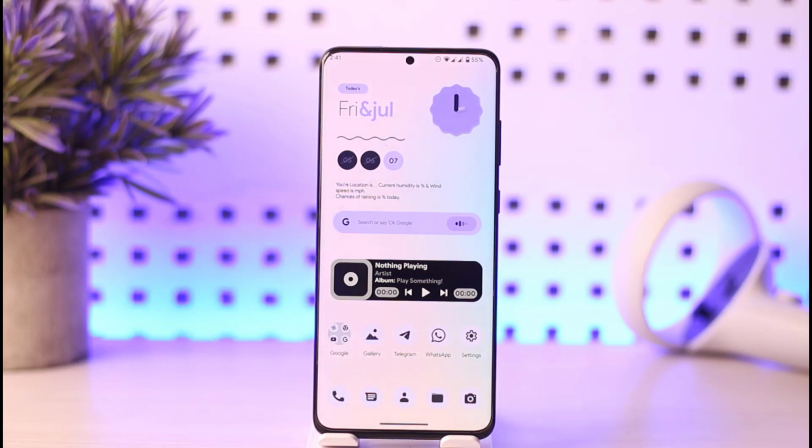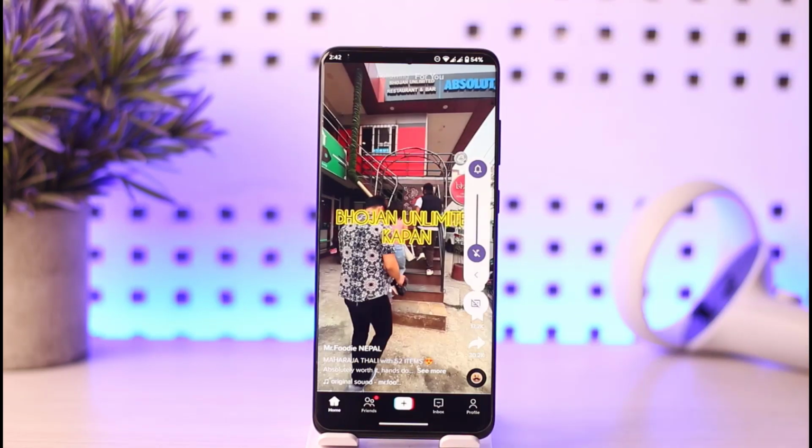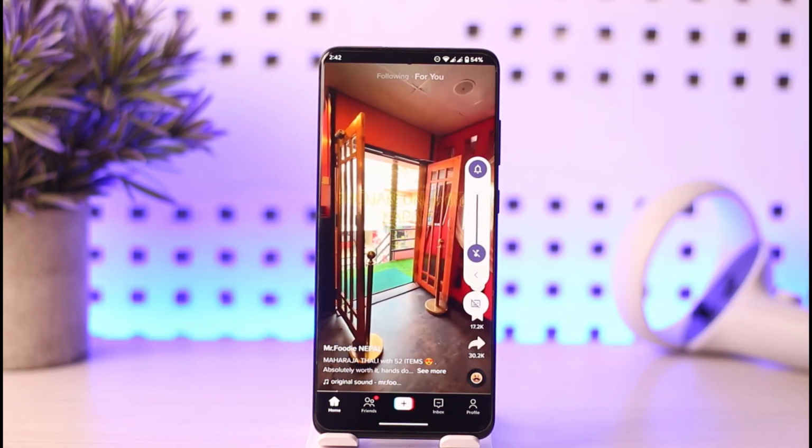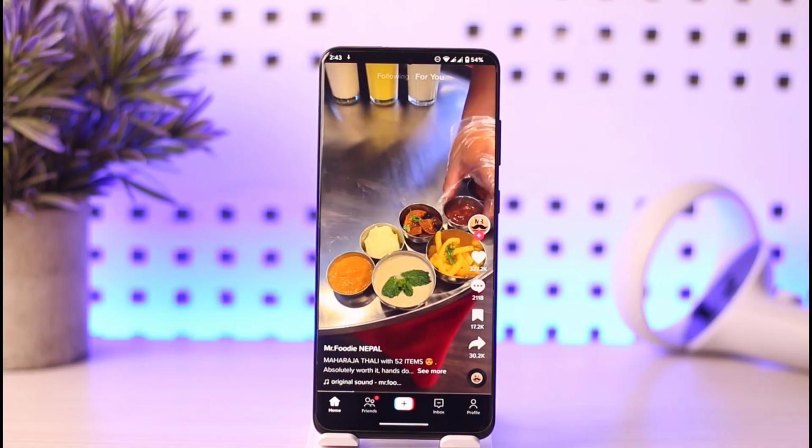So for example, you want to know the limits of TikTok or you want to keep them. What you're going to do is simply open your TikTok app over here. Once your app is open, what you can do is, for example, if you're trying to follow,